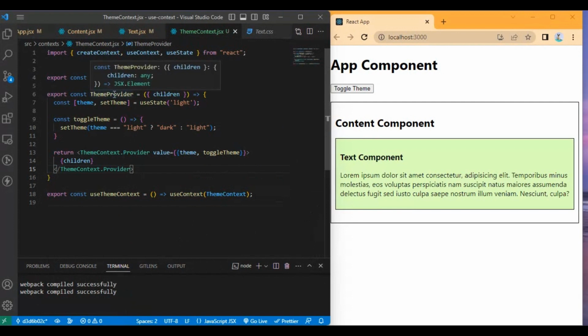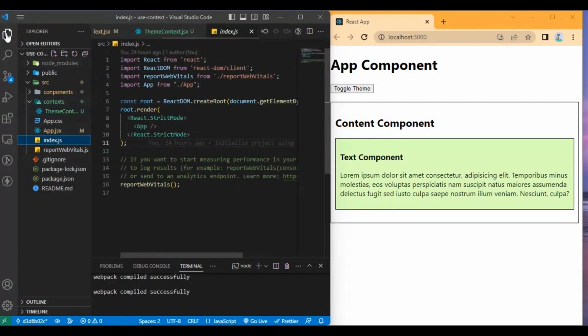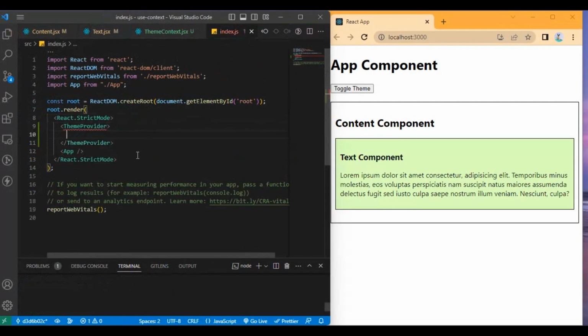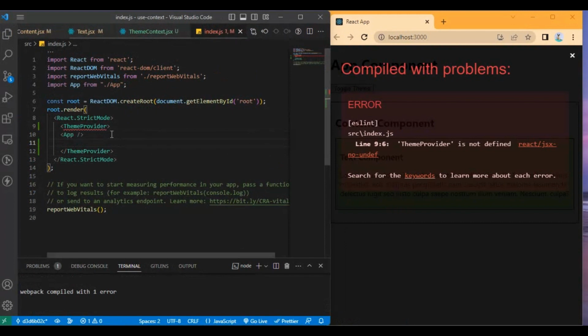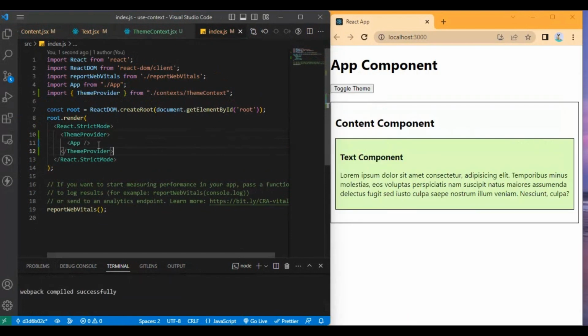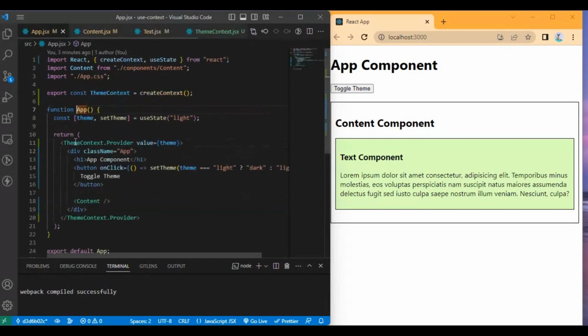Let's try to apply it to my application. First, I need to wrap all of my code in a theme provider. And inside of the theme provider, we can access the context rather than getting a state here.